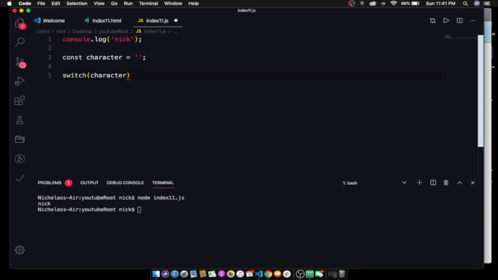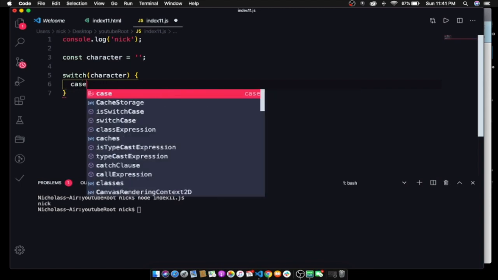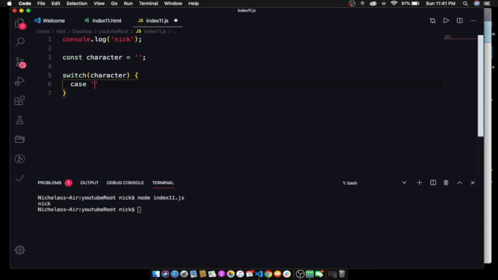Inside you're gonna have some cases. The expression inside the switch is gonna get compared with the values of a case. So each case will have a value. I'm gonna say case, and I'm gonna call this case Naruto. In this case, I see a Naruto on the aisle and I like it, right? So case Naruto, put the colon, and then inside this code block, I'm gonna put